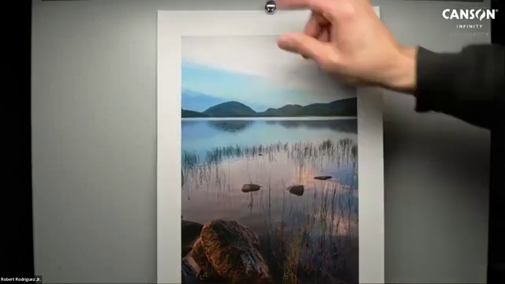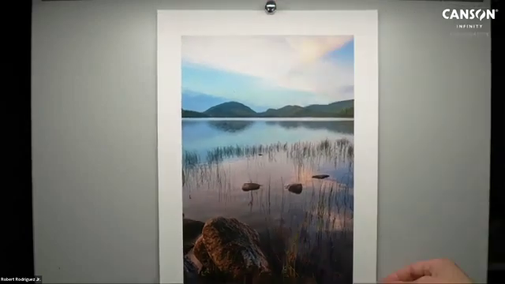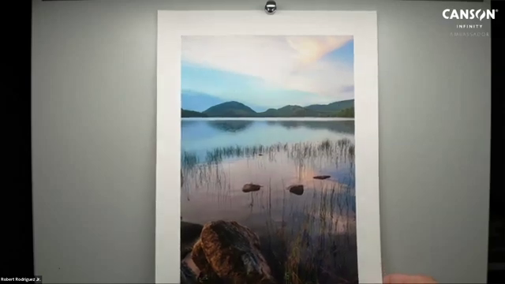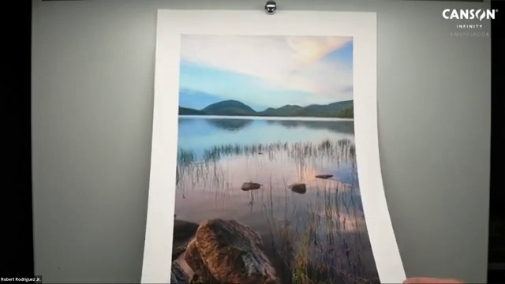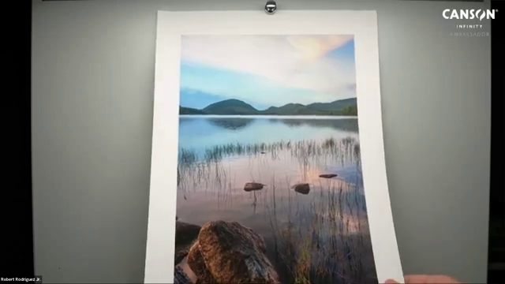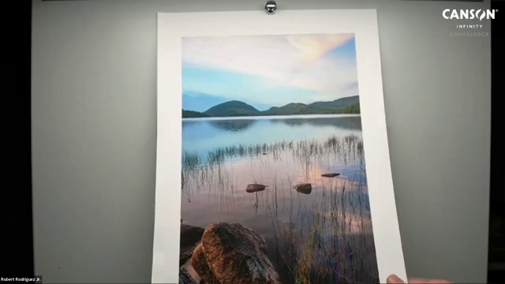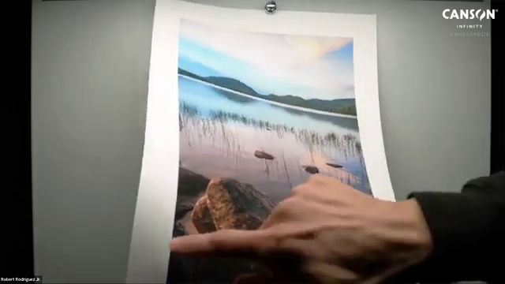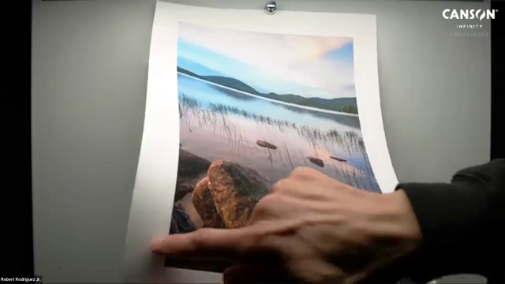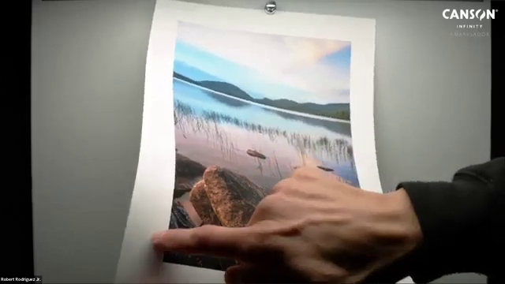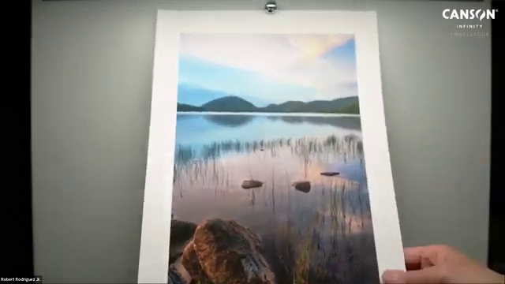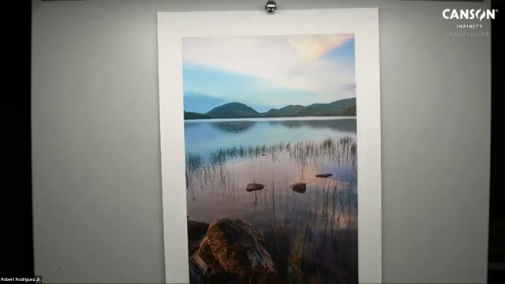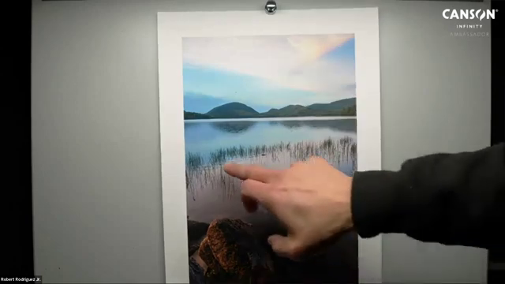All right, now I'm going to show you a different paper. This is the new line that Canson released from papers that are made at the St. Cuthbert's Mill, and this is Somerset Enhanced Velvet. And this paper is similar to BFK, but the texture is even a little more obvious, right? You can see a little more texture here than the BFK, so it's got slightly more texture, but notice that even with that texture, you can see the